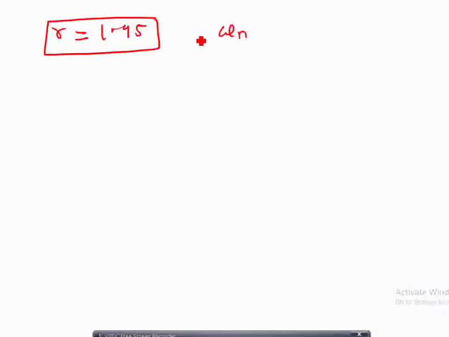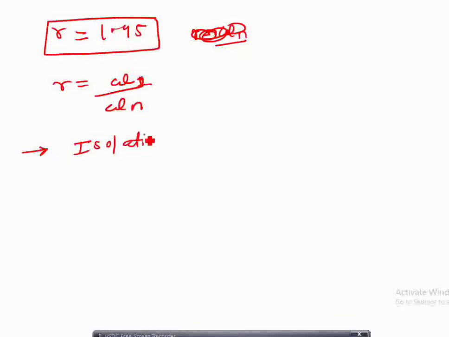Now once you have got R is equal to 1.95, we have to find out omega n. We know that R is equal to omega upon omega n. But which speed will we select? We will select omega 1. Why omega 1? Again you have to write the same dialogue. It is very, very important, you have to write down the dialogues. So right here, isolation is greater at higher speed.